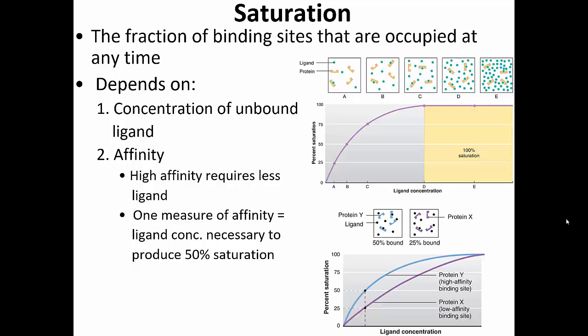Saturation describes the fraction of binding sites on proteins that are occupied at any particular point in time, and it depends primarily on 2 factors. Number 1, the concentration of the unbound ligand. We see this illustrated by our text in the upper graph that we observe on the right-hand side of this particular screen. We have ligand concentration found on the x-axis of this particular graph, and we have percent saturation found